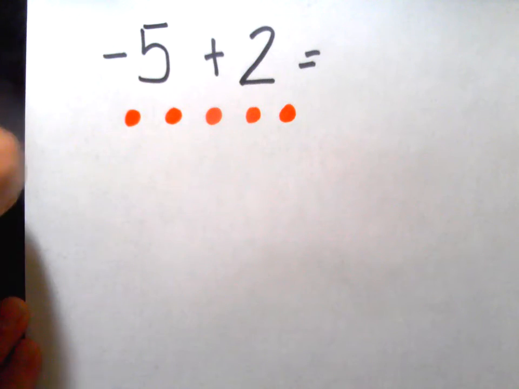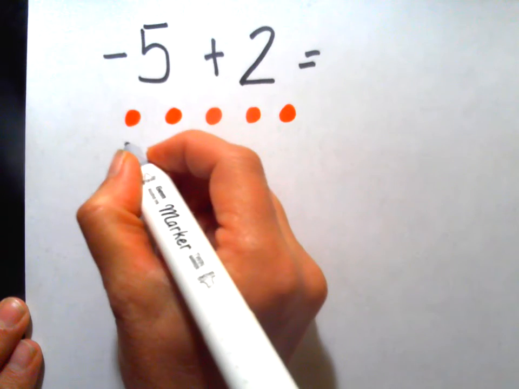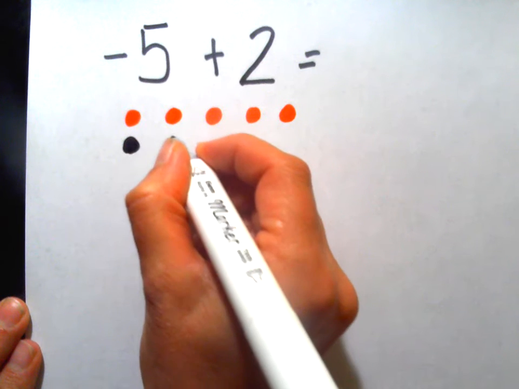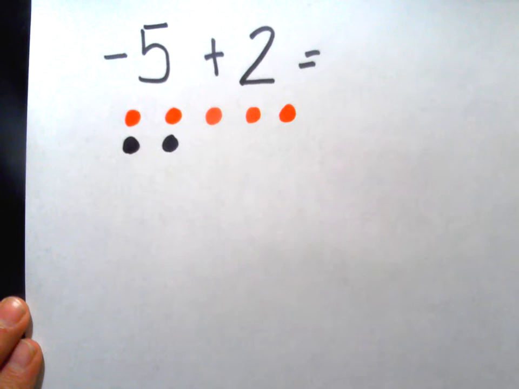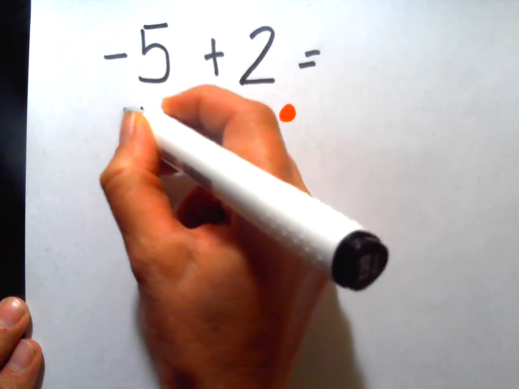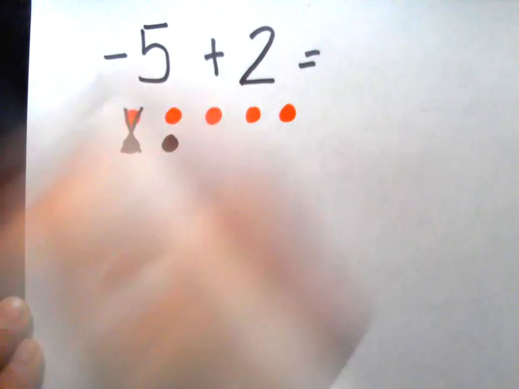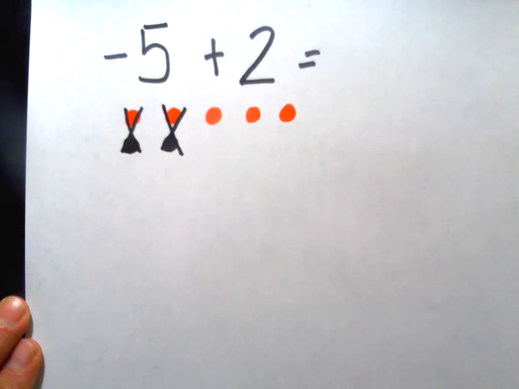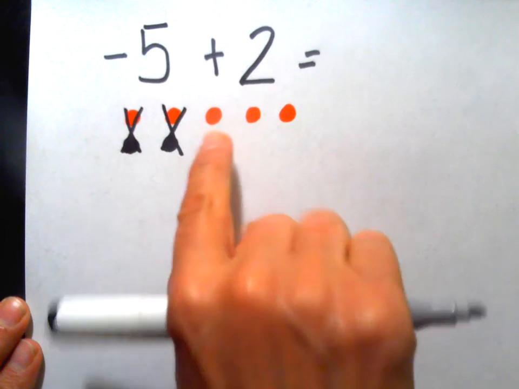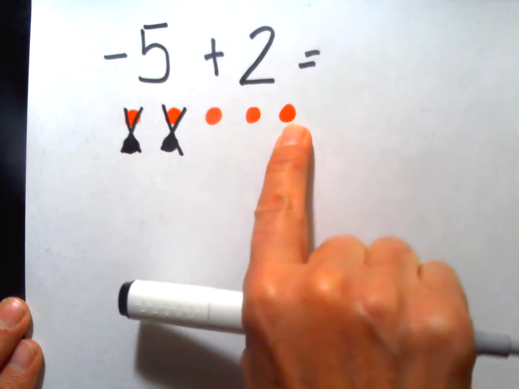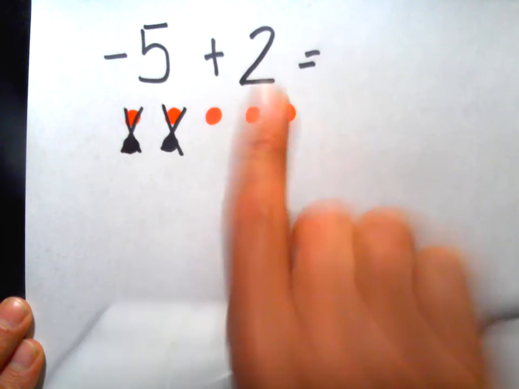And I'm adding to that 2 black chips for positive 2. I'm looking to cancel out my 0 pairs. This negative 1 and positive 1 cancel each other out. This negative 1 and positive 1 cancel each other out. I'm left with 1, 2, 3 negative chips. So my answer